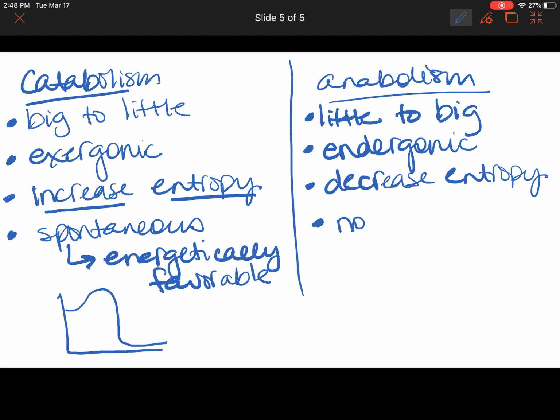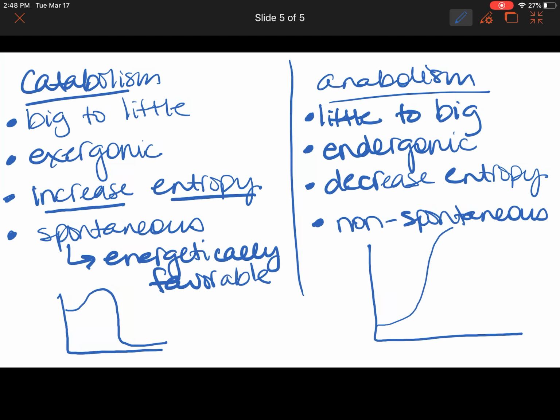Anabolic reactions in general are also non-spontaneous, meaning that they are not energetically favorable, that the amount of energy that has to be put in to get the reactions to go is more than the amount of energy that's released by the reaction. Okay, so we're going to see in the next lecture how delta G and exergonic and endergonic reactions play into the cells actually getting things